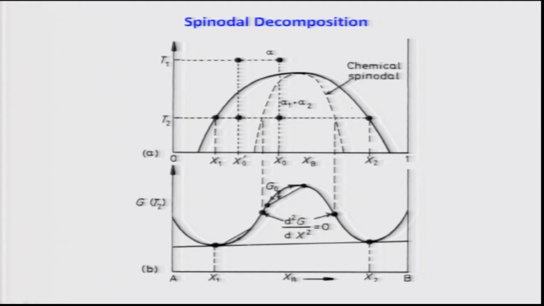So now suppose I take an alloy composition x0, which is the dotted line shown. At T1, this alloy of composition x0 will be a complete random solid solution of alpha. Okay, that is shown there. Now as we cool down this solid solution alpha, suppose to T2, let us suppose we quench instead of cooling,